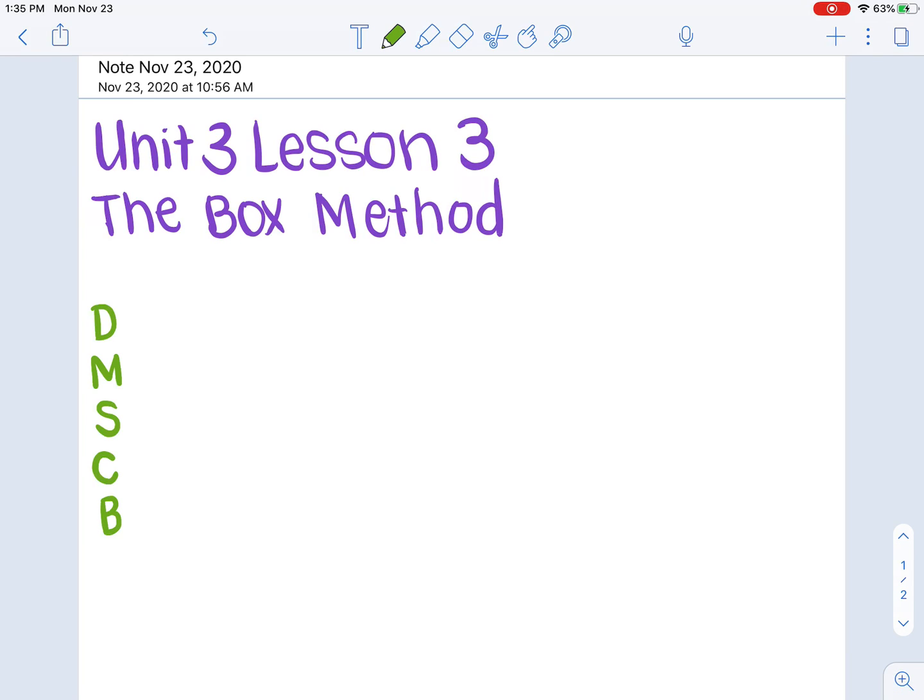So let's get started. For this first example, I just want you to watch me as I show you how to do this method. Then we'll do another method where you can do it together, or with me on your notebook. Make sure you have your notebook ready to go, entitled Unit 3, Lesson 3, the box method. So let's get started with the problem